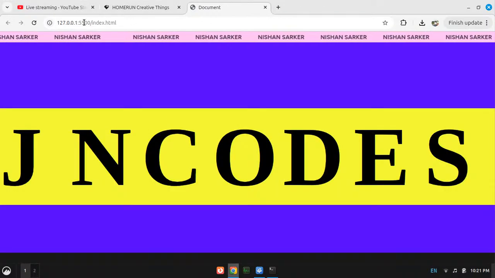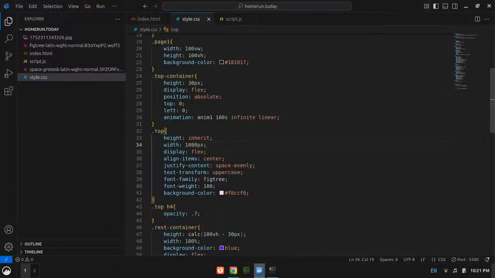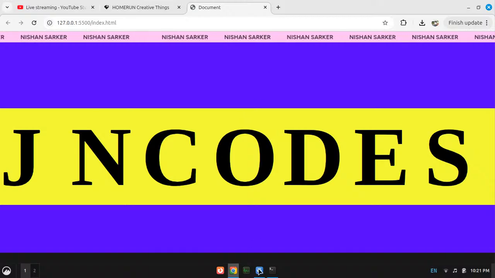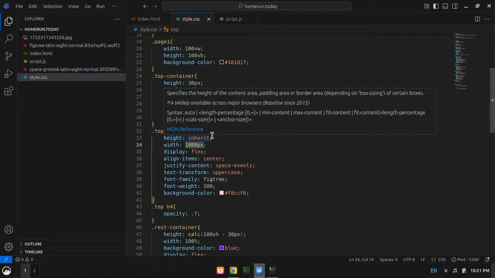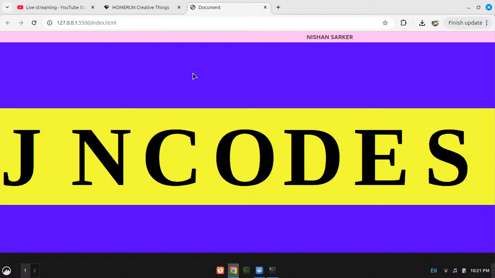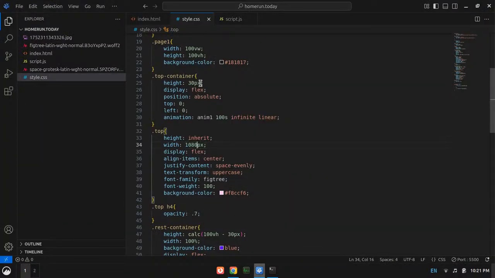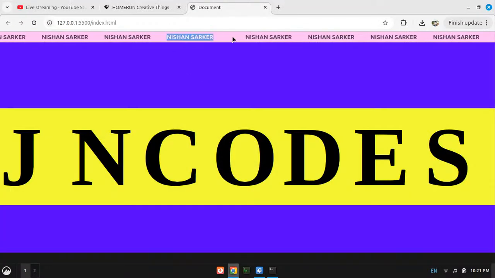However, I have fixed my problem. So now what I need to do is, okay, but wait, I need to give this thing a really long width, because what is going to happen is, whenever the window of the device is larger than 1080 pixels, then it will become a trouble for us.